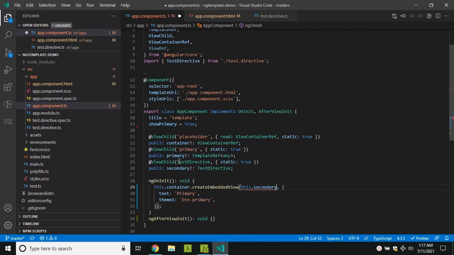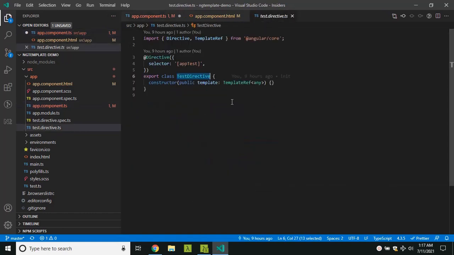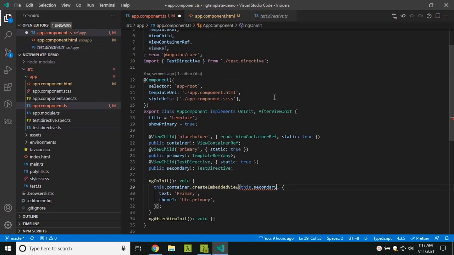Now the secondary is actually a directive, but since we have injected this template within the constructor, we will be able to access that as a property. So now I am passing this.